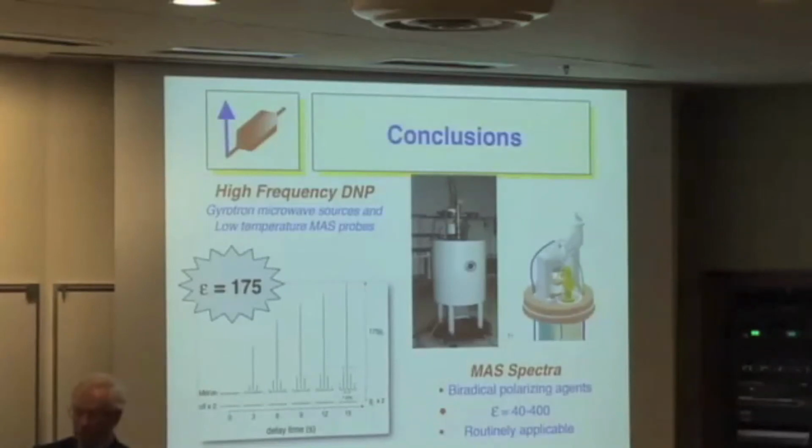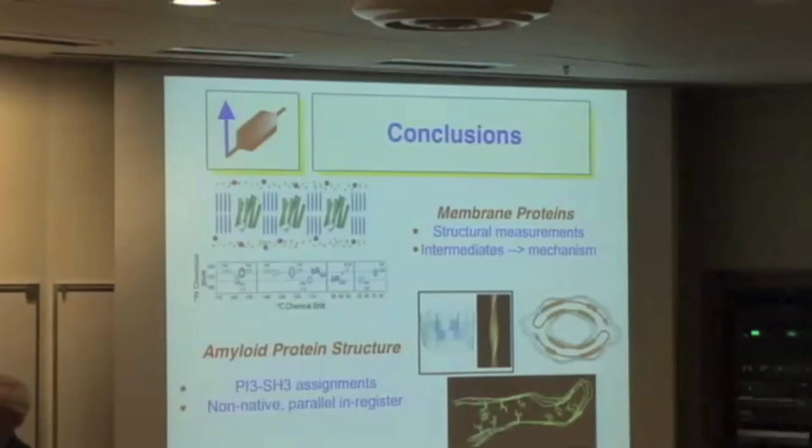And this is going to offer a huge number of new possibilities to study various and sundry systems with NMR. This is not only in biological systems, but there's a huge effort now in Europe studying surfaces. So zeolites and catalytic surfaces. So it turns out you can polarize the surface as well as the whole molecule. All right. And finally, what I tried to show you also is that we can study membrane proteins. And what's most exciting about this is that spectra like this allow us to look at intermediates in photochemical reactions. All right. So we can trap these at low temperature into structures, and those intermediate structures will tell us, hopefully,